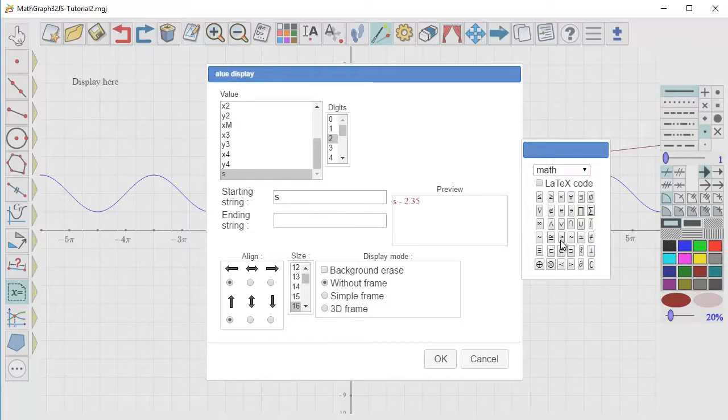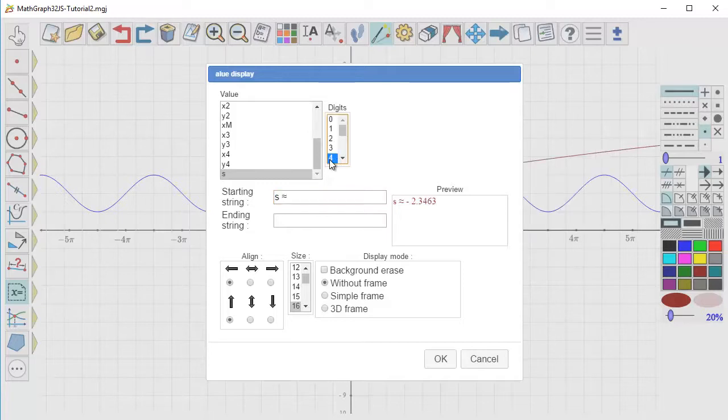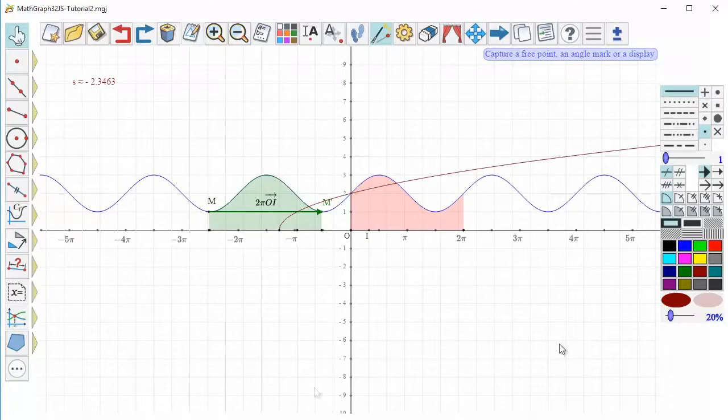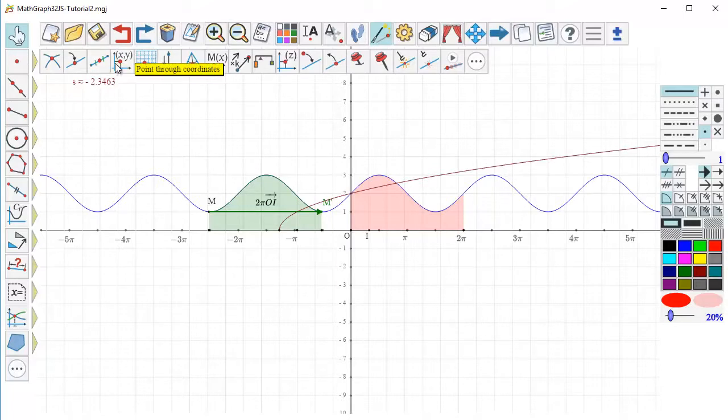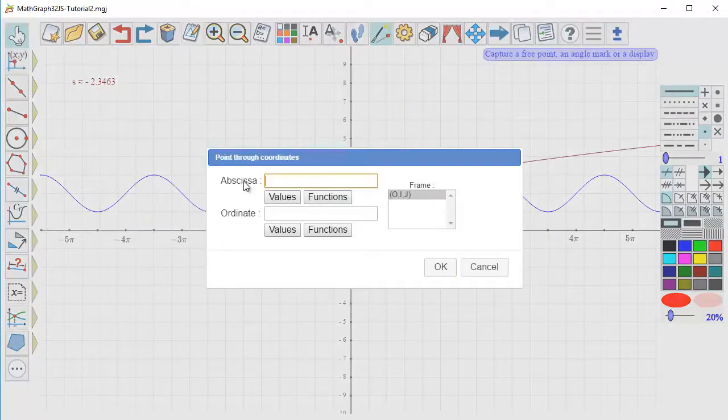approximately equals to, a space, with 4 digits. Background erase. Okay. Now I activate the red color and I use this tool, point through coordinates, and I create